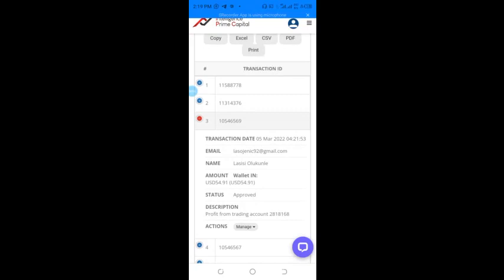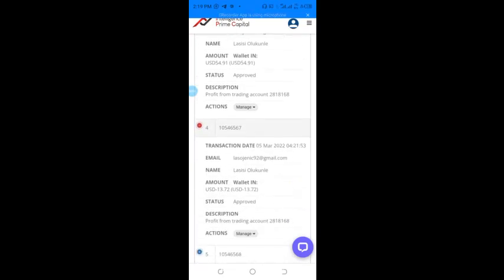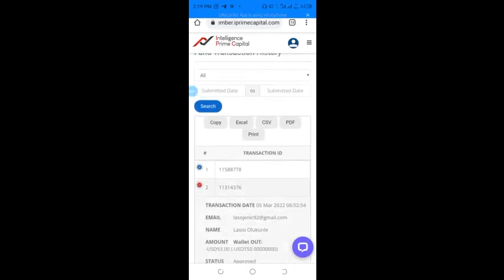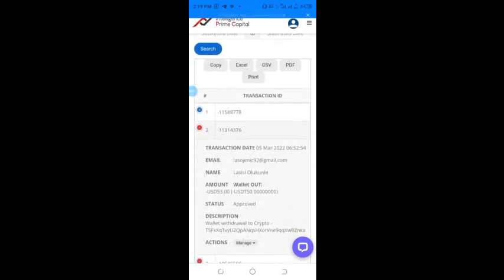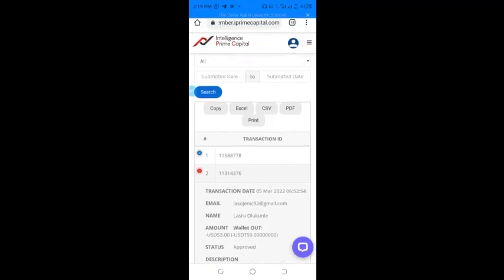So this is one of the ways whereby I am making money online. So I can see that truly I have the $50 in my wallet address, and it's still counting because the daily trade is still on. Today alone I've made $13, as you can see here, $13.83. So you too can make more than this on daily basis. So this is my way of making money online through forex trading.